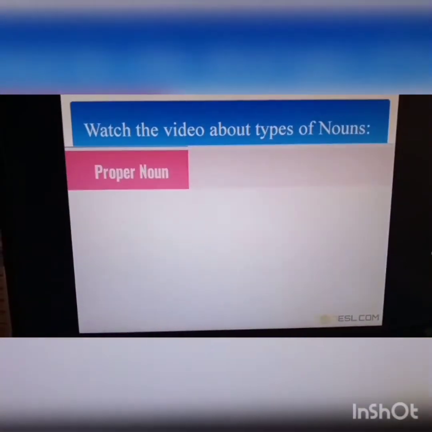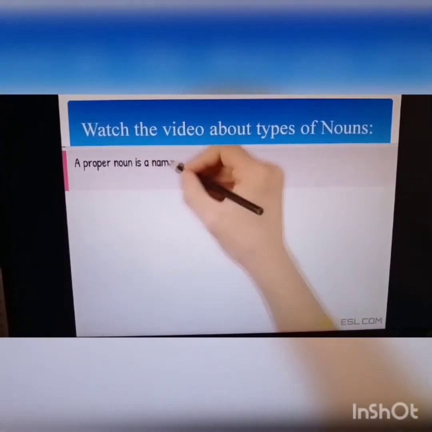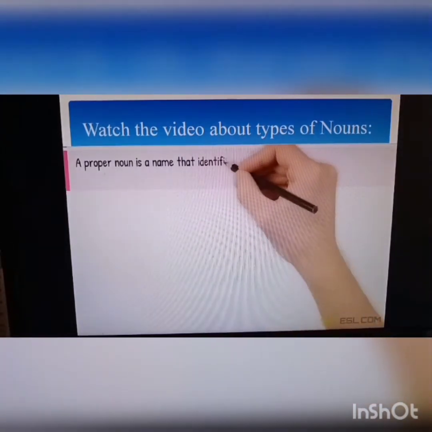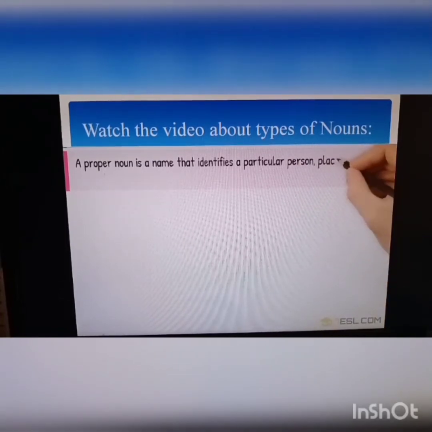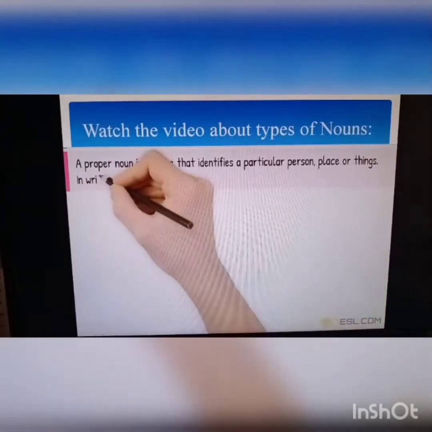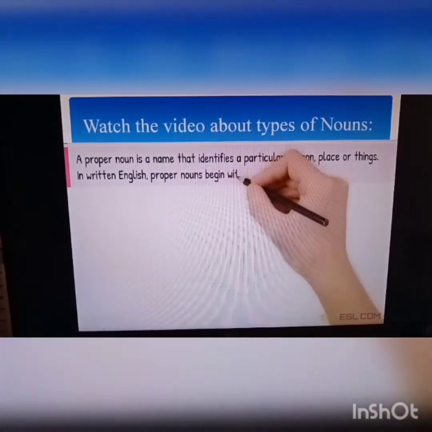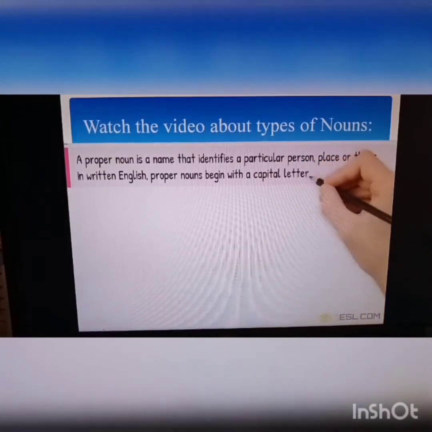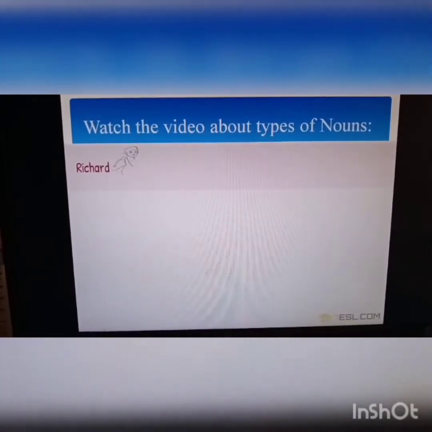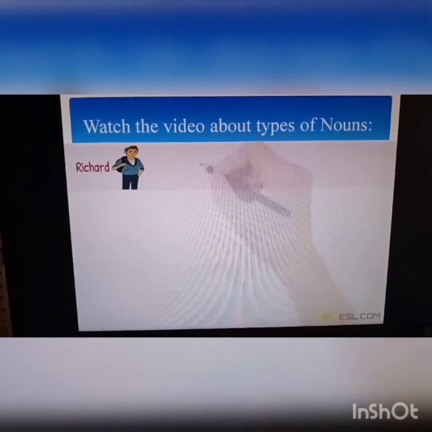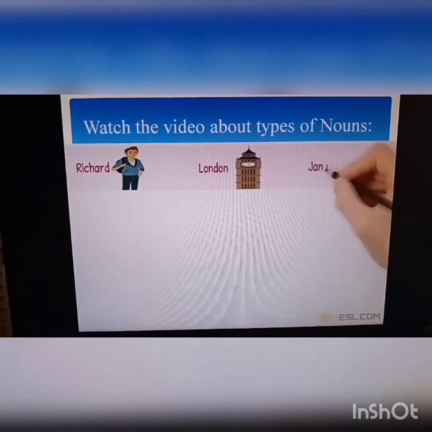Proper noun. A proper noun is a name that identifies a particular person, place, or thing. In written English, proper nouns begin with a capital letter. Richard, London, January.